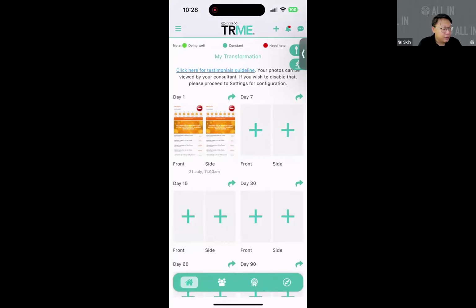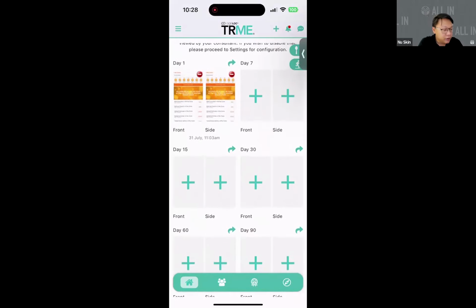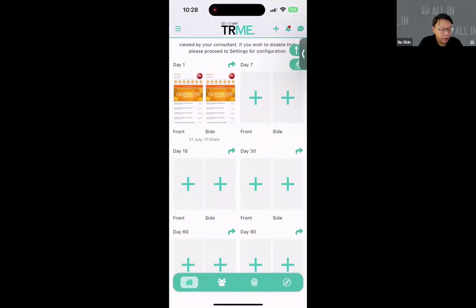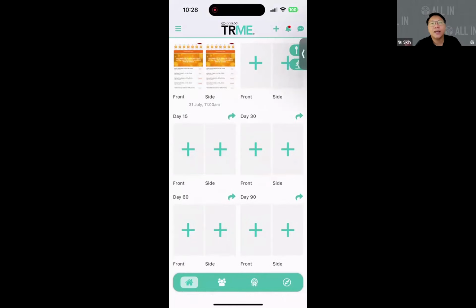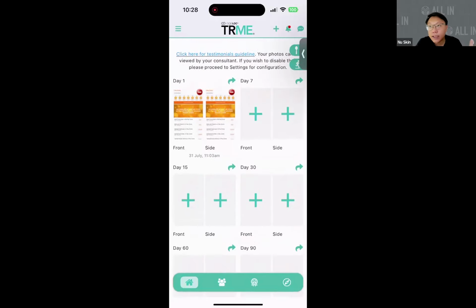So you will be able to use this feature at the bottom. All you need to do is just click on which day, or the nearest day, that you have taken your photo, right? Usually we'll do the front and side. So how to take those photos, you can refer to the testimonial guideline. It will guide you on how to do that.